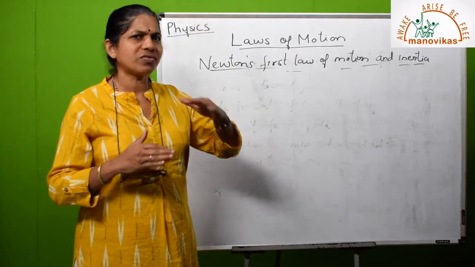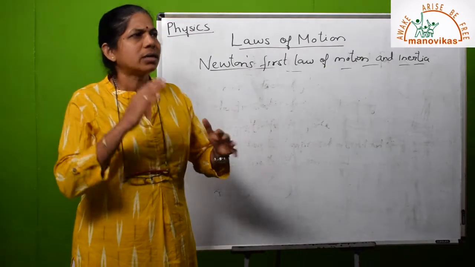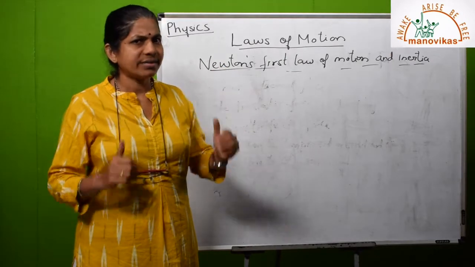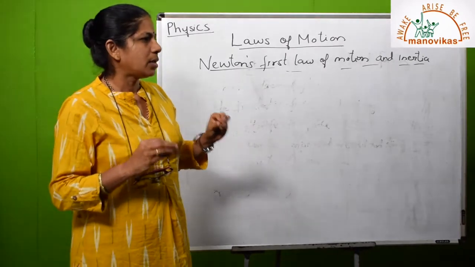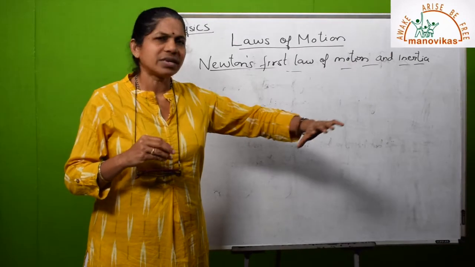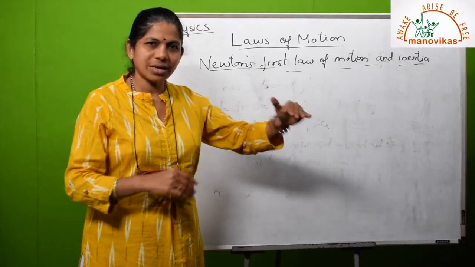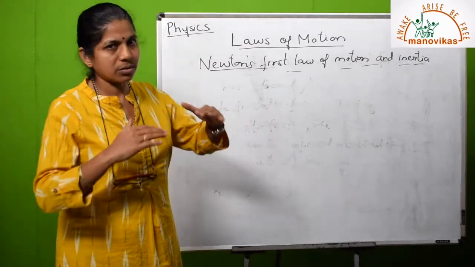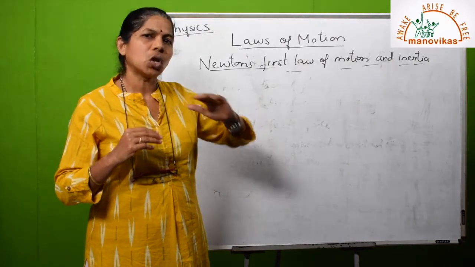But in case of motion of a cycle, Galileo was the one who observed that the moment you stop pedaling, the cycle will not stop. Instead, it will cover some distance before it stops. Now, what is the reason for that cycle to stop after covering some distance? It is because of the force of friction between the tires and the road. If this friction is drastically reduced, then you find that the cycle will cover a longer distance.